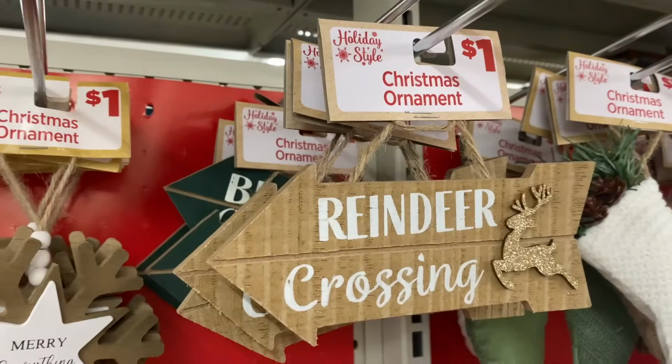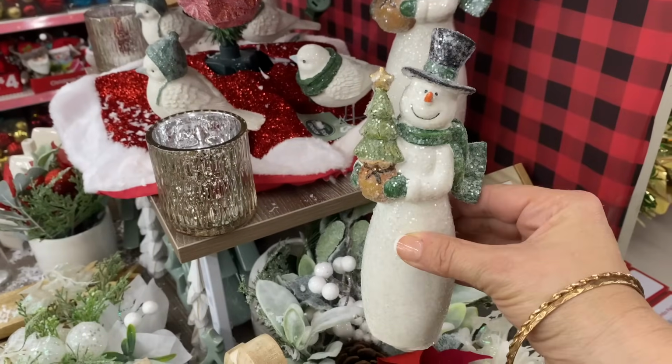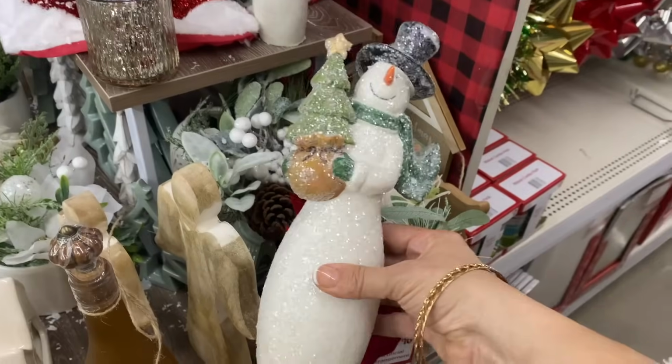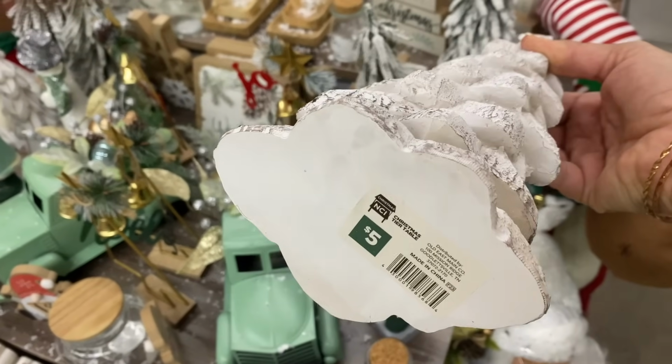Here's more ornaments that I found for $1. It's crazy. This is super cute also for a tier tray too. And I love these snowmen. The small one was $3. This larger one was $5. Super cute. And they even had the cute little coordinating birds, and I thought this tree was beautiful too